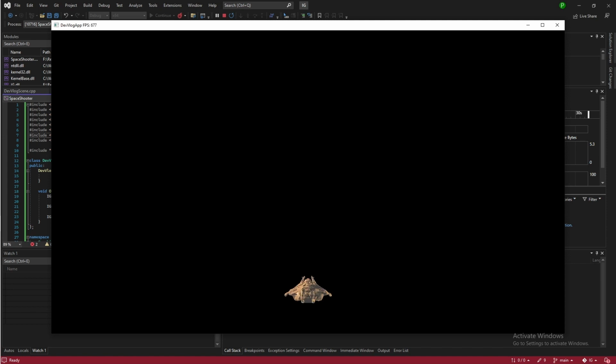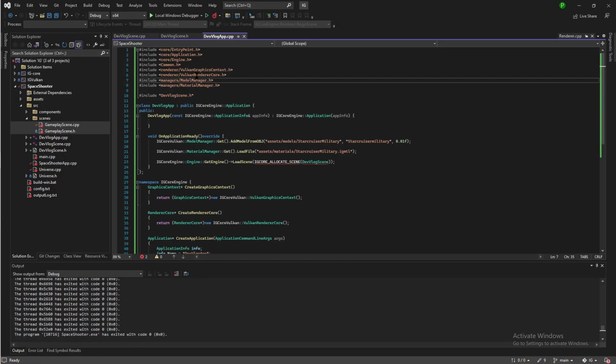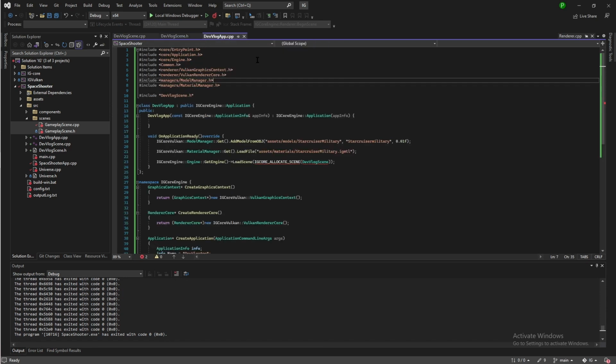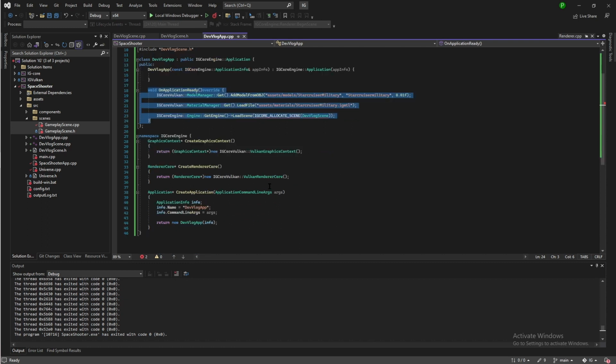It doesn't do anything. It's because all you did was just create the entity and the mesh renderer for it, and it renders. And the thing that took longer is just creating the classes. So just to recap, the application is the main thing that you want to create when you're creating a new project. You initialize the application. The application ready is the function that's going to be called after everything is initialized and the render API is ready. And you gotta set up the external